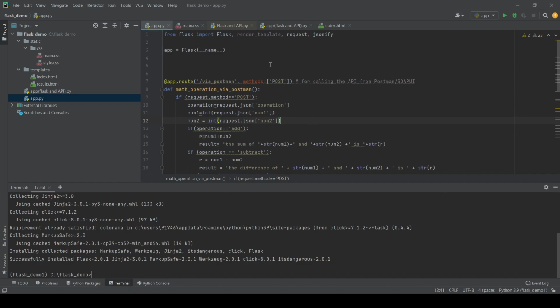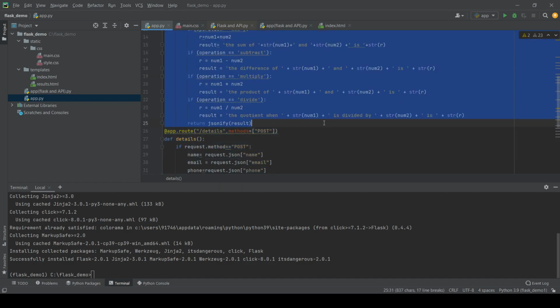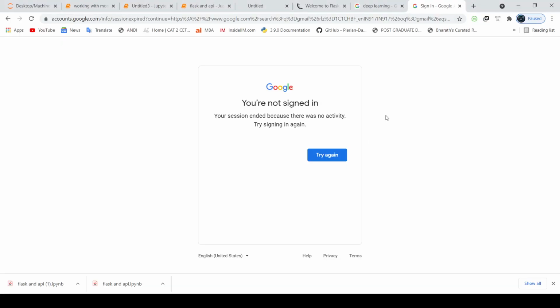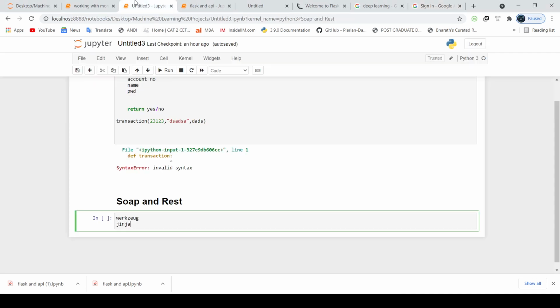Now explaining this code. You are able to see this particular code from the definition. Let us copy this code till here. Wait a second. After copying that code, I'll move to this over here.